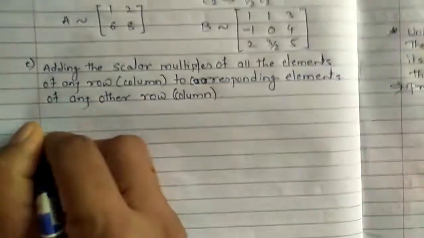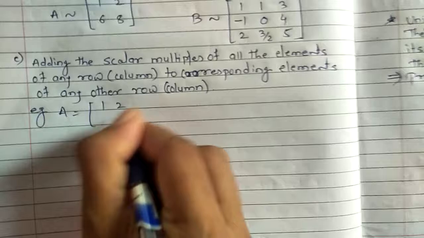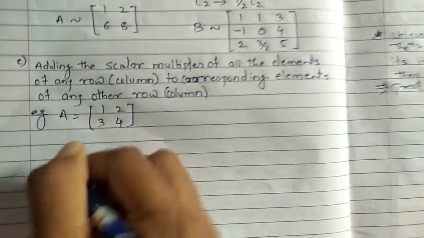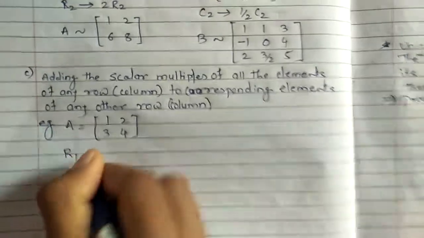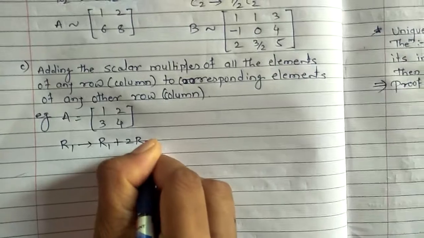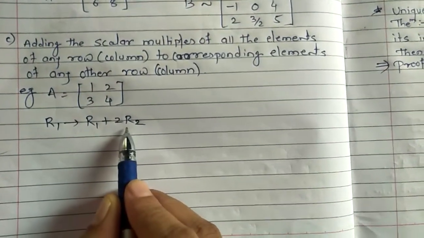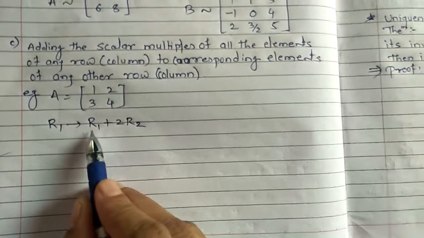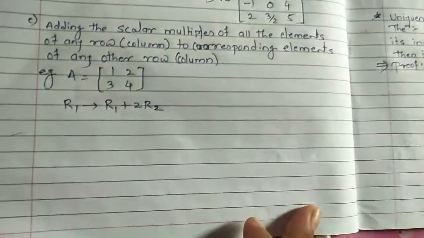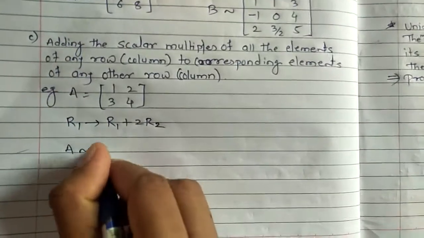Let us consider an example again. Your matrix A is 1, 2, 3, 4. So we can apply the operation. We can change the first row to the first row plus 2 times the second row. That means तुम्ही second row ला 2 या स्केलरनी मल्टिप्लाय करून तो second row first row ला ॲड. त्यांचे करस्पॉन्डिंग एलिमेंट्स तुम्ही ॲड करणार आहात. So your resulting matrix can be written as,